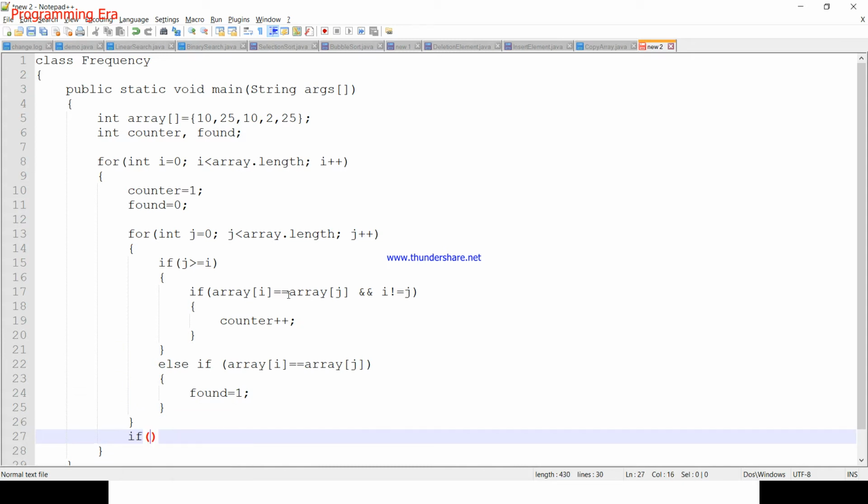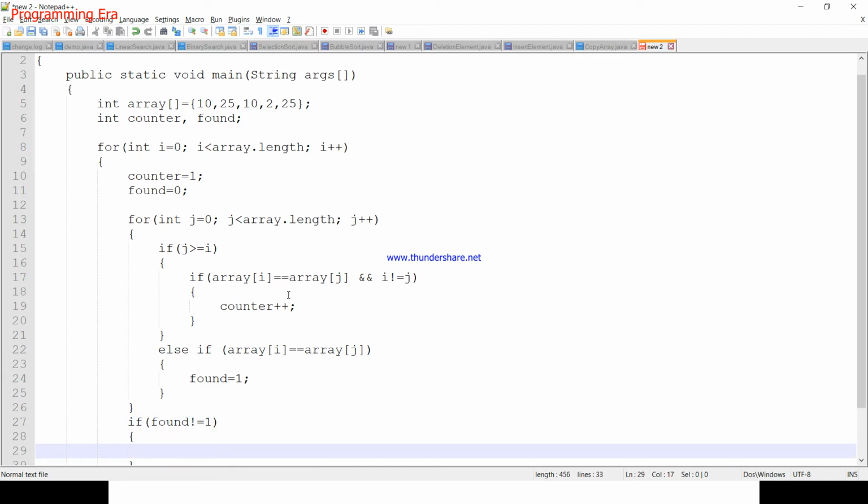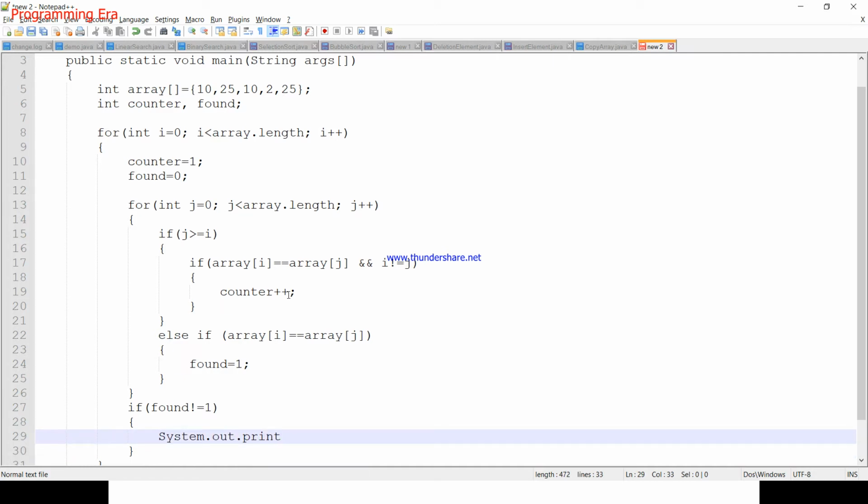Outside this loop, we will say if count is not equal to 1, then print frequency of array i is counter.